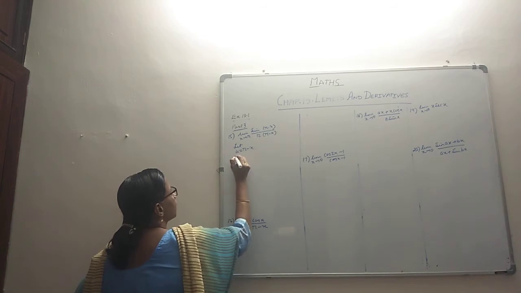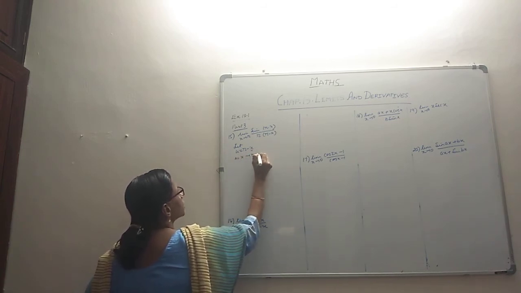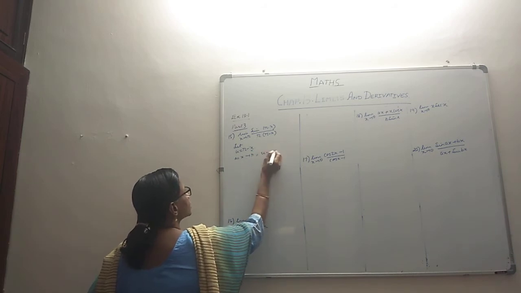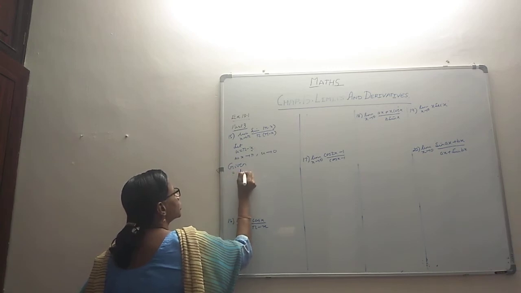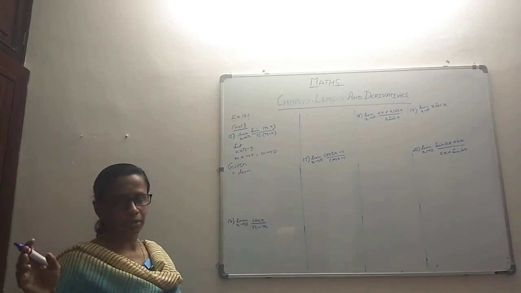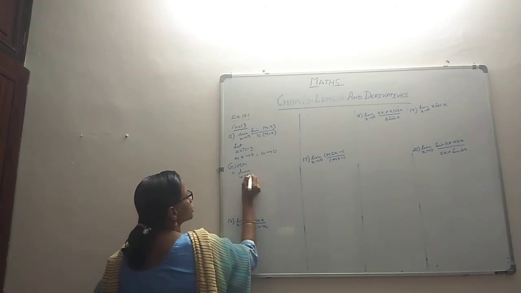So what will happen as x goes to pi? It's pi minus pi, so u will go to 0, isn't it? And then the given expression gets converted. As I told you earlier, either you work with u or you work with x. You don't work with both, right? So x tends to pi converts to u tends to 0.